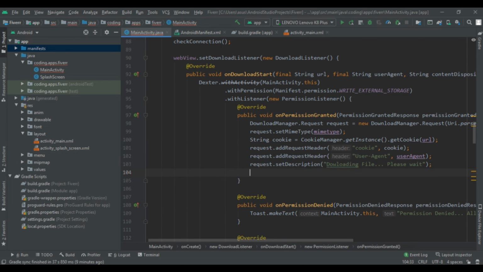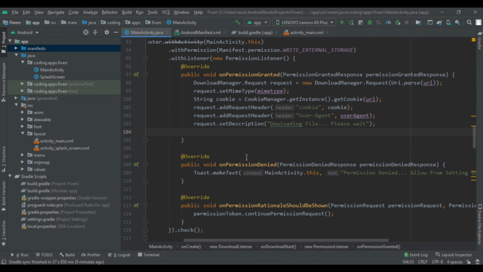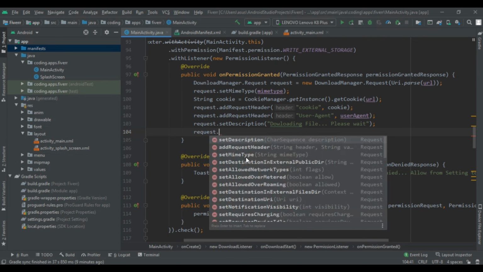After that add a semicolon to all the lines which we are writing. So the downloading process is somewhat long, so follow this tutorial. So now we are going to add our title. So request dot set title.